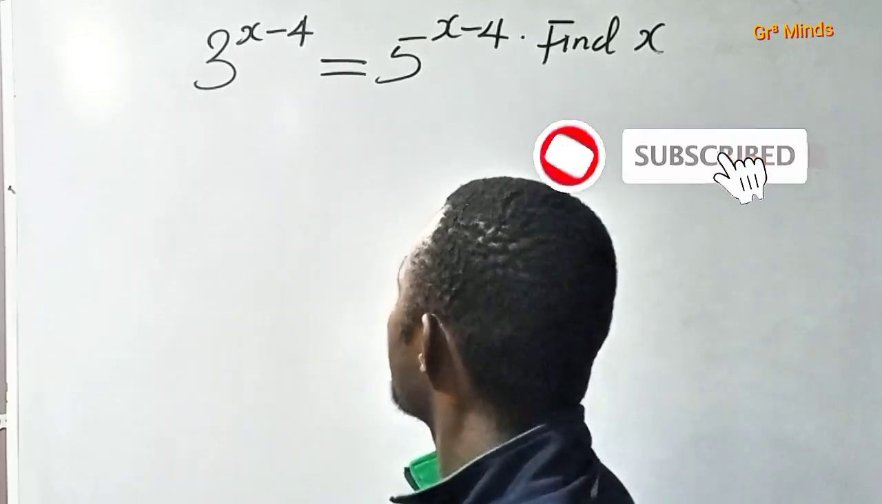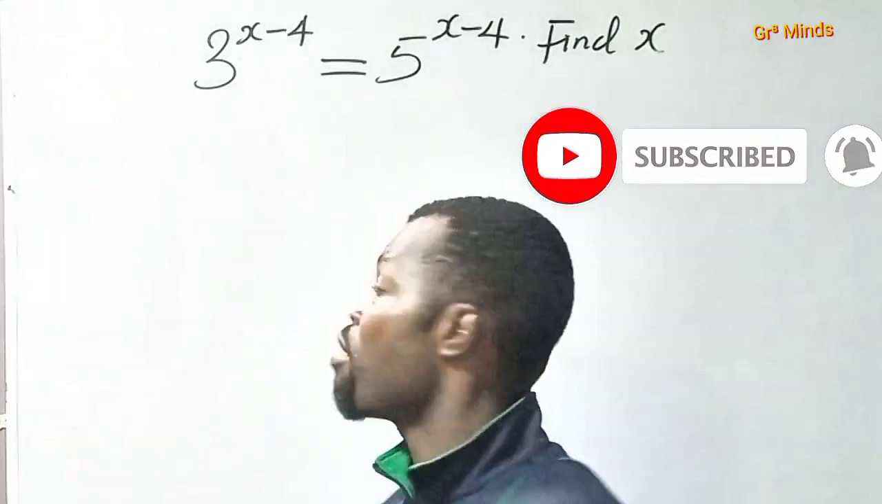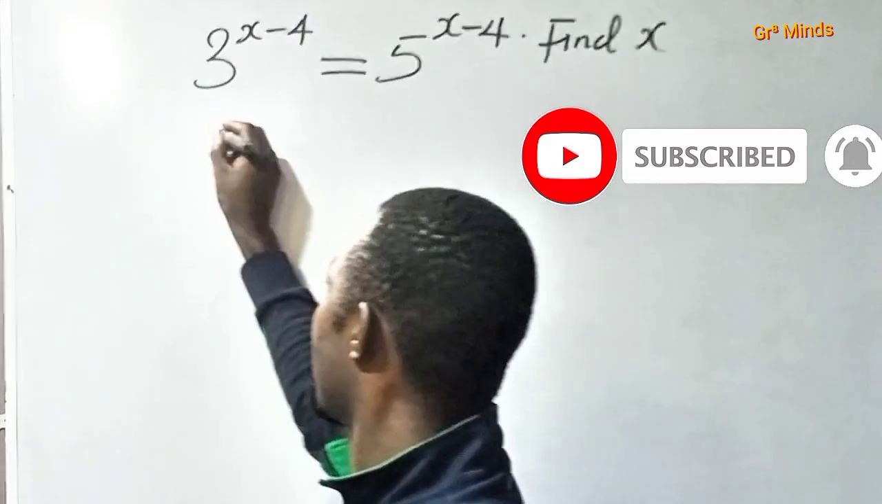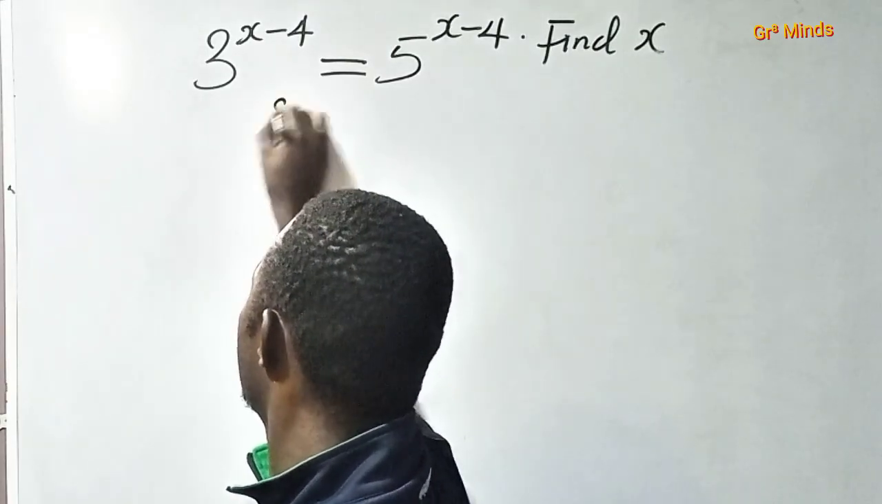3 raised to the power of x minus 4 is equal to 5 raised to the power of x minus 4. Find the value of x. Solution: